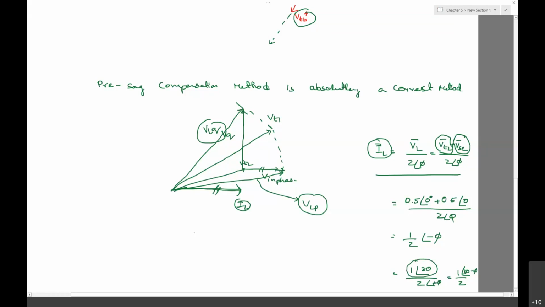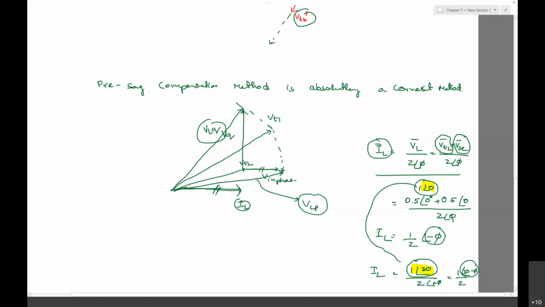What I did, for your understanding, in one case I consider the VL voltage as 1 at an angle of 0. In the other case I consider it as 1 at an angle of 30 degrees. Then what happens to the current of IL? The current phasor is going to change with respect to the phase shift. One case I have taken is 1 at an angle of 0, the other case is 1 at an angle of 30 degrees. This possibility and this possibility.